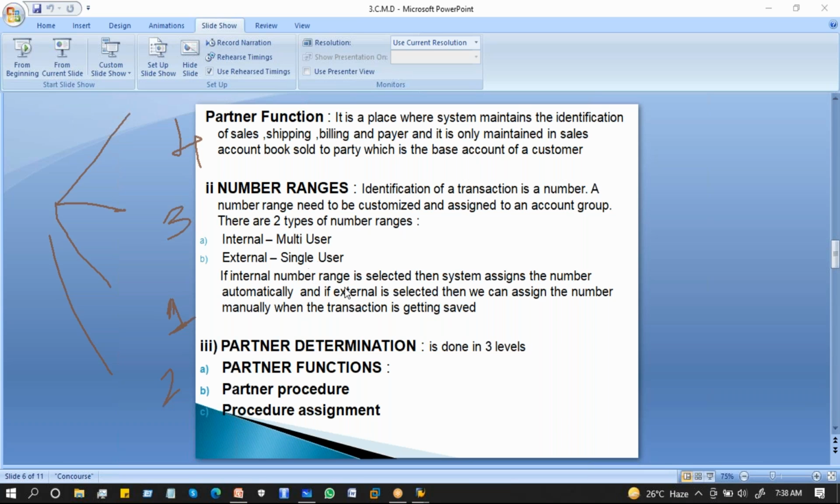So the point of clarity here is, as a trainee, you should know how to set up the number ranges in the SAP system with internal status, also with external status. Still, if you couldn't understand, I can give you a very good and very local example to make you understand better. Think about a cinema,